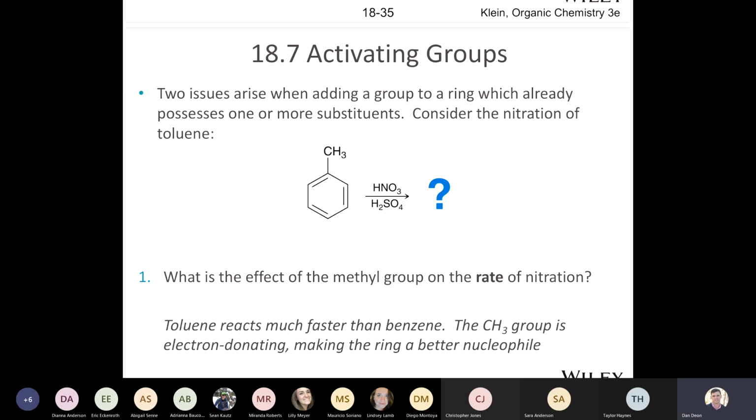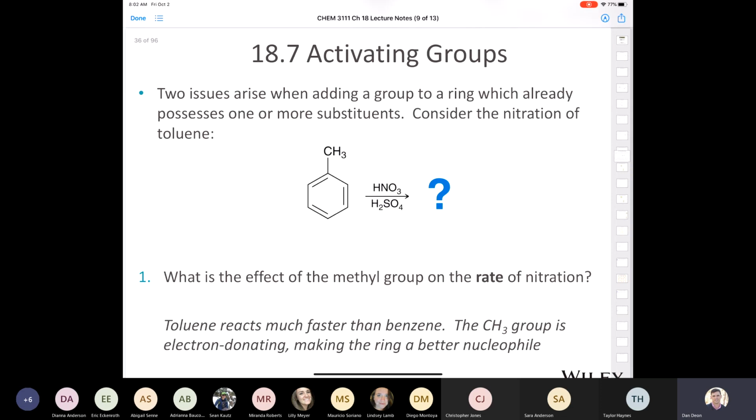And it says that two issues arise when adding a group to a ring which already has one or more substituents. So consider the nitration of toluene. Toluene, not an uncommon organic molecule. What if you wanted to nitrate that? Of course, you would treat it with nitric acid, and nitric acid produces the nitronium ion, and we went over that last class. But what kind of effect is the methyl group going to have on the rate of